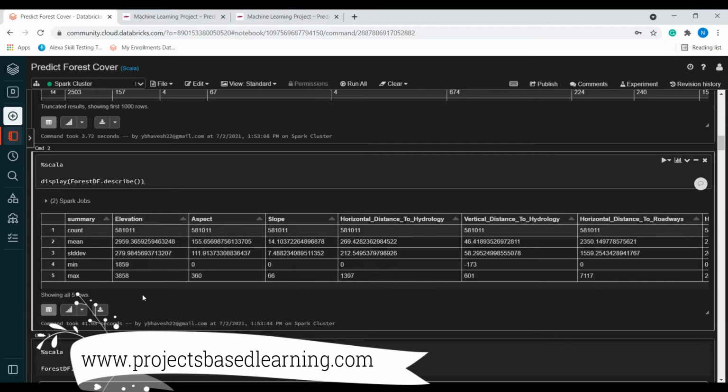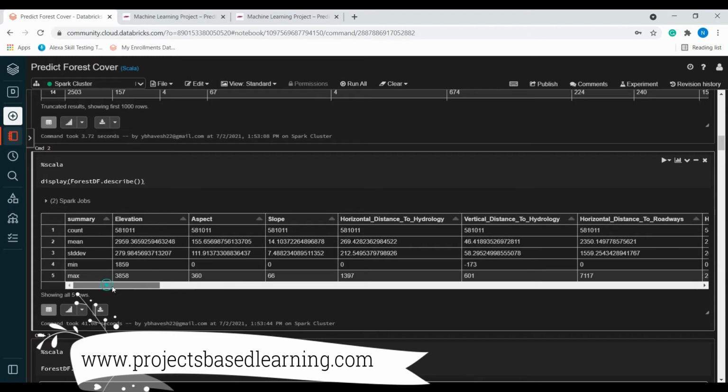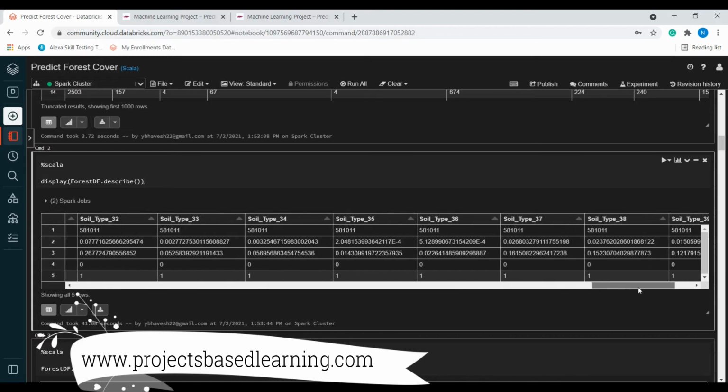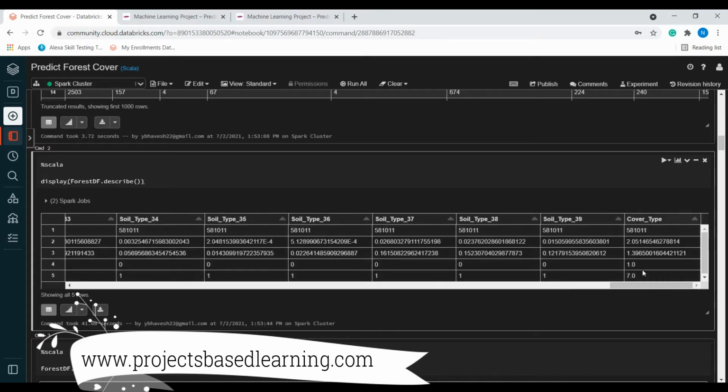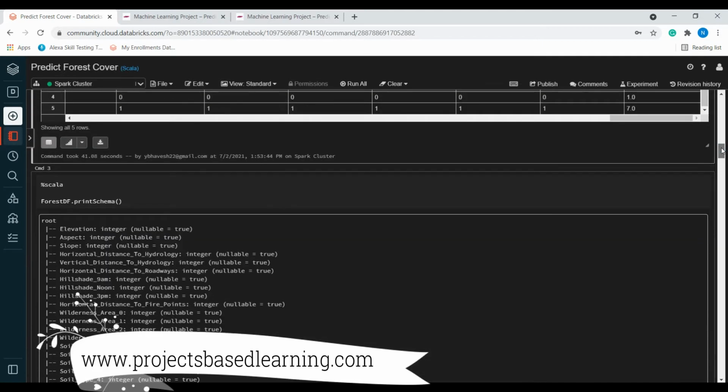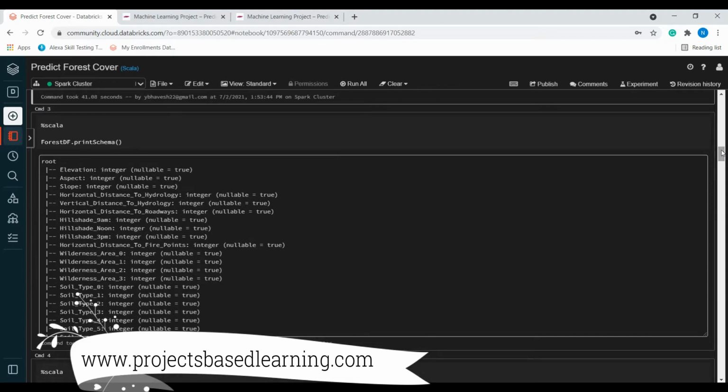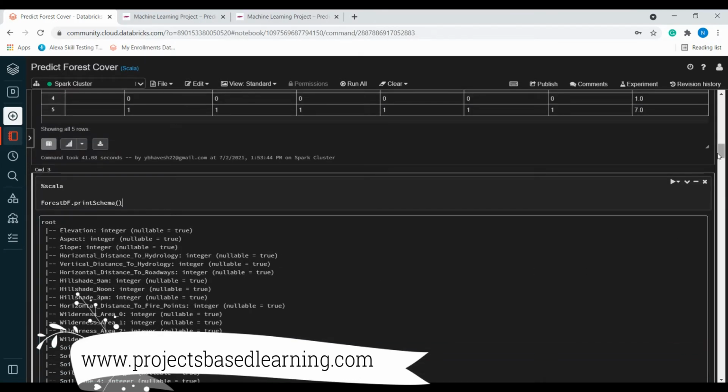These are the attributes for every column, and this final column is the one for which we will be performing the prediction. This is the cover type, with values 1 to 7. This is the code for printing the schema: forest df.printSchema.